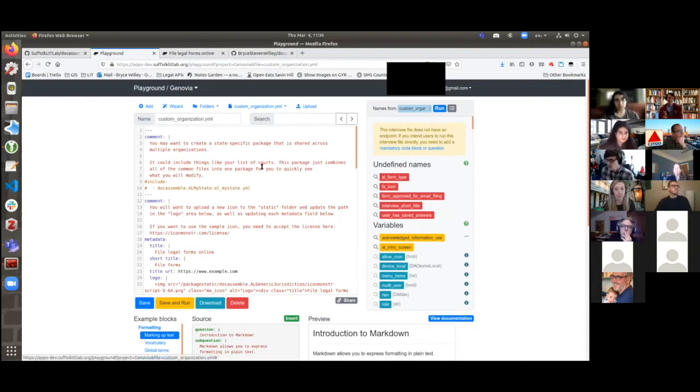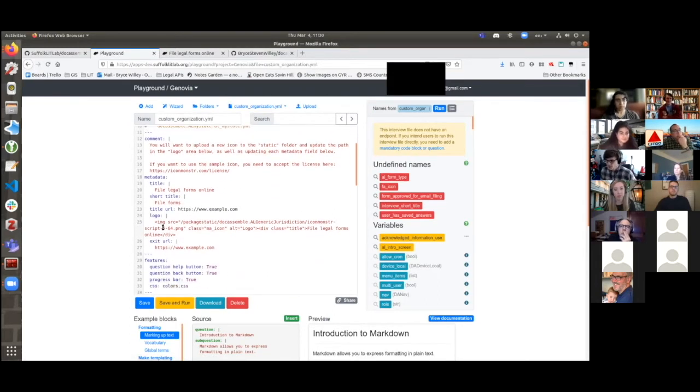So specifically on this custom organization screen, the logo is being set in this block that starts with metadata. And there's an attribute of metadata, which is logo. And in this logo, there's some HTML. If any of y'all are familiar with web programming, this is just some simple HTML that sets an image, and it tells you where you got your image from. In this case,